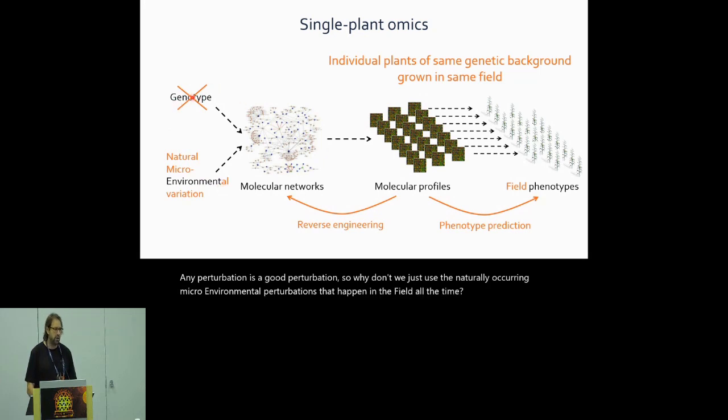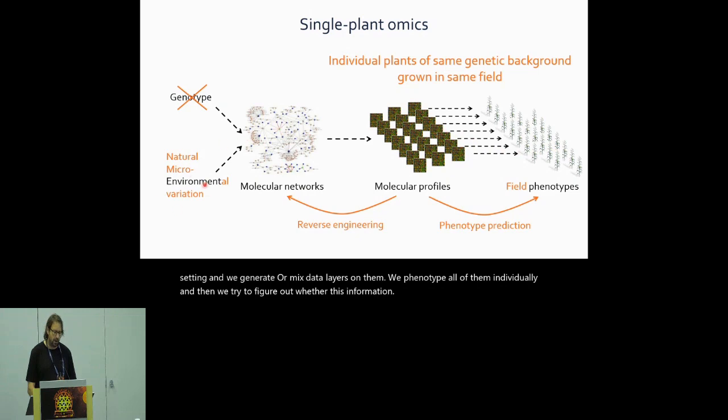So we canceled out the genotype factor. We're looking at individual plants of the same line, which are virtually genetically identical. And we profile all of them individually in a field setting. We generate omics data layers on them. We phenotype all of them individually. And then we try to figure out whether there's information